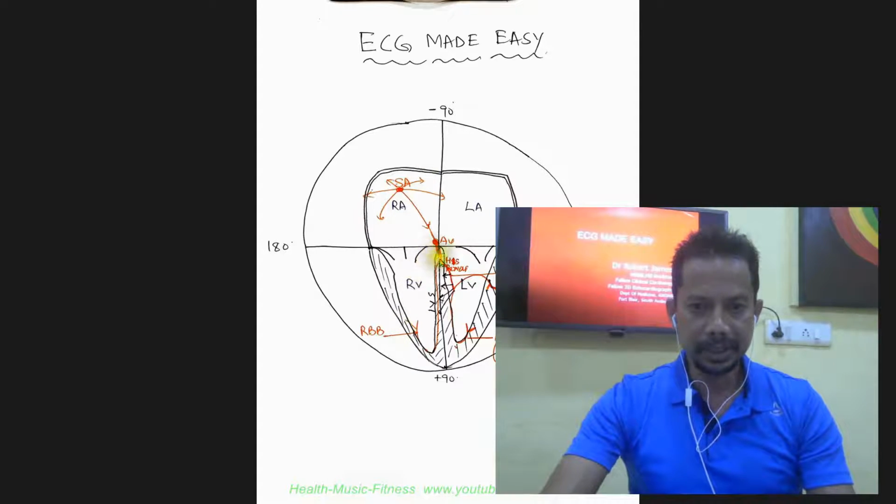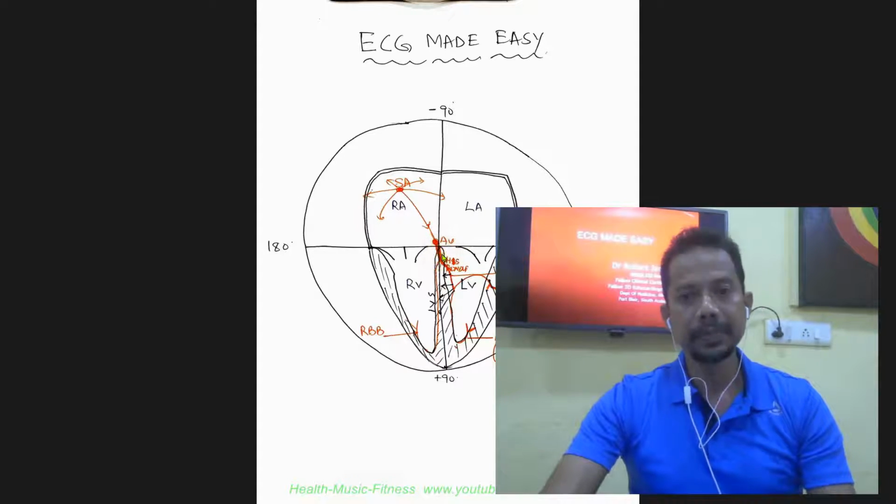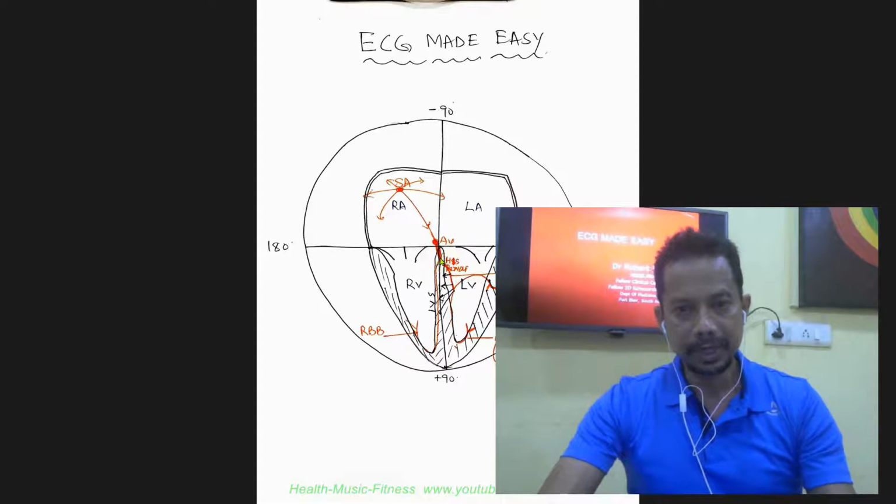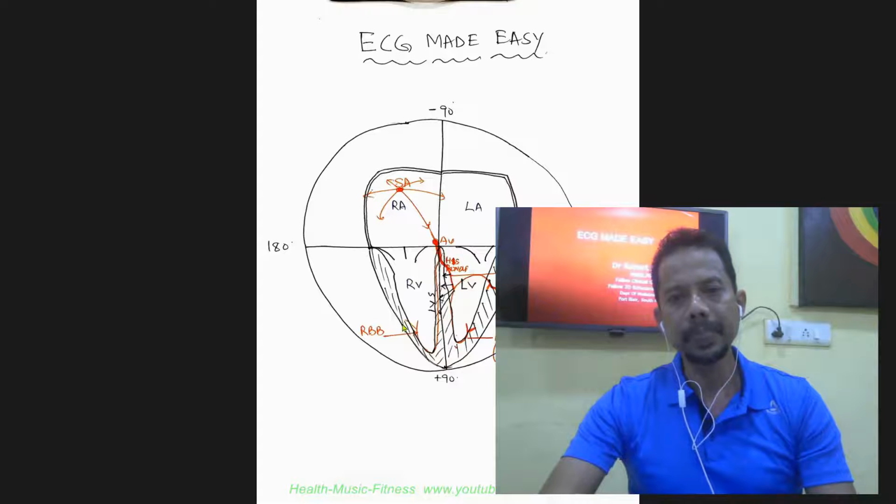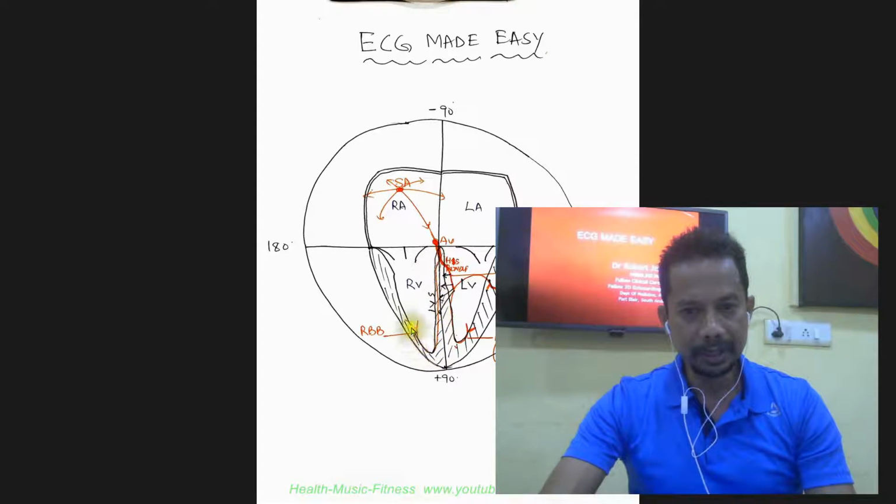This is a specialized area out here in the AV node where the conduction travels, for both the ventricles, left ventricle and the right ventricle. From here 2 branches arise: the left bundle branch, which supplies the left ventricle, and the right bundle branch, which supplies the right ventricle. And the right bundle branch is a single branch, and it just keeps on bifurcating into the Purkinje fibers which are present in the myocardium.